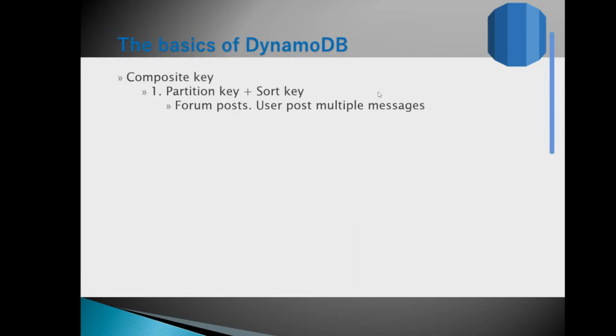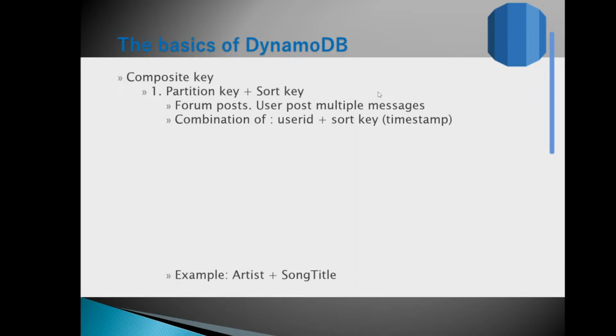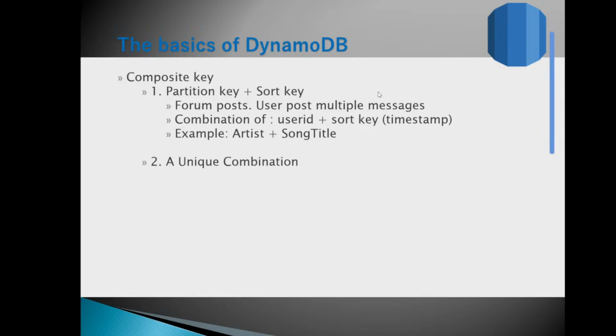So DynamoDB supports that as well. User ID plus sort key, timestamp, artist and song title. It's a very good example. A single artist can have multiple songs, and a single song can be sung by multiple artists. A song might have been sung by 10 people together, and one person might have sung 10 songs as well. So to give a unique value, you should have a combination of